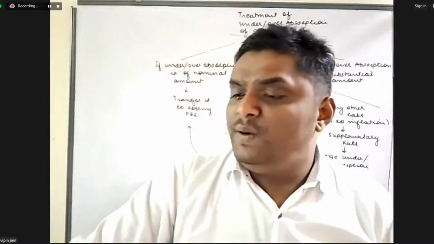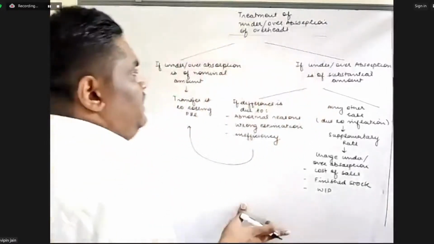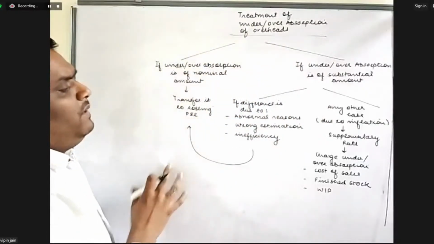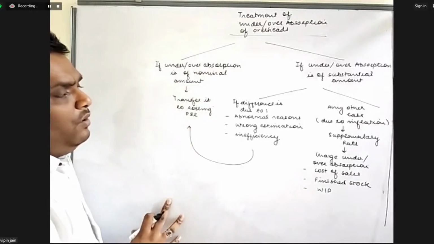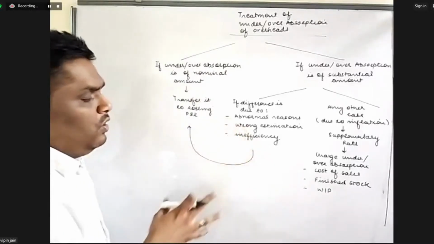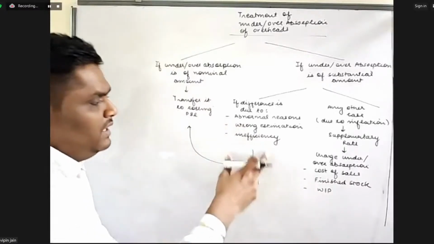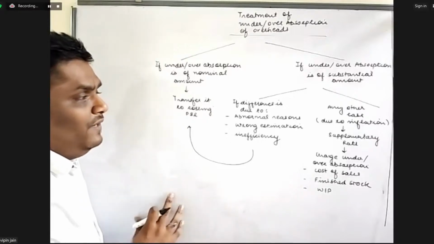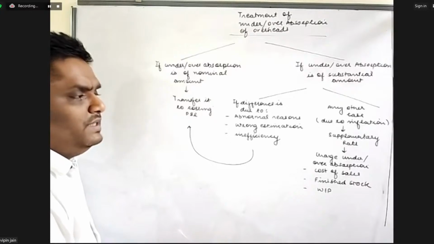I have discussed this part in detail, Mr. Reddy. So, if the under or over absorption is of a very small or nominal amount, transfer it to costing P&L. If it is of a substantial amount and the difference is due to any abnormal reasons, wrong estimation, or inefficiency of the workers, then again the difference is to be transferred to costing P&L. However, if it is any other case, due to inflation or a change in government policies, then we